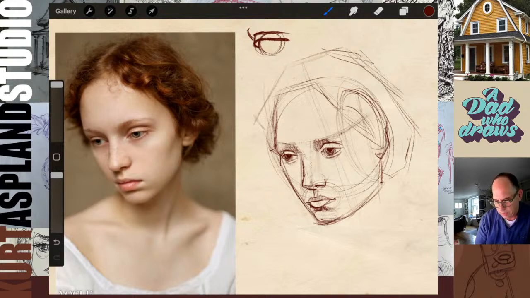Okay, let's get her eyebrows in now, right? Okay, I'm going to draw the outline of these eyebrows first. And I've made mine just a little bit darker than the photo.